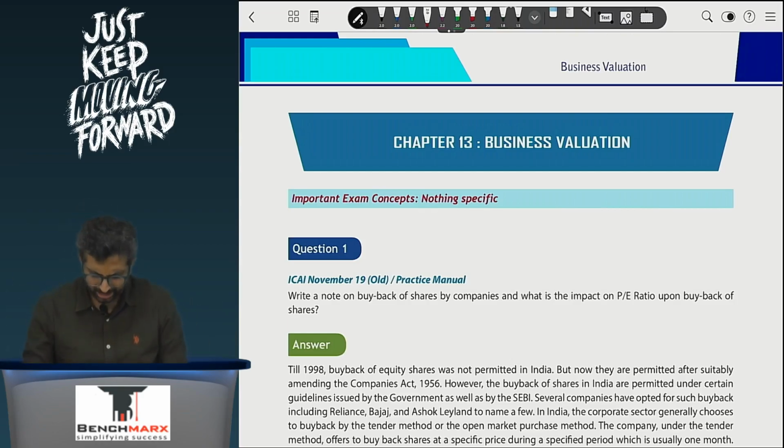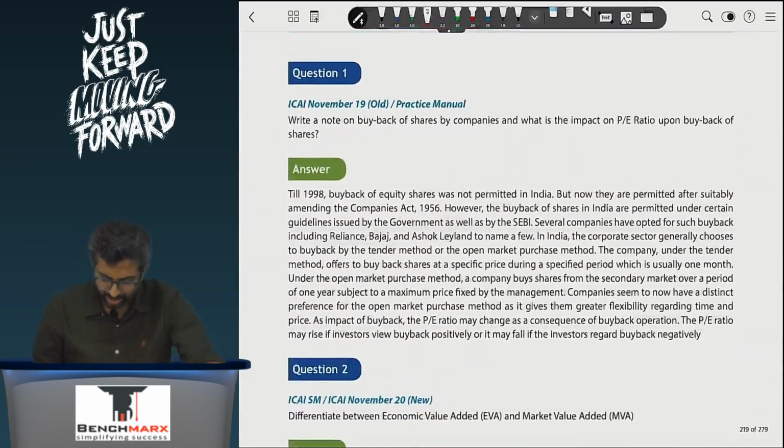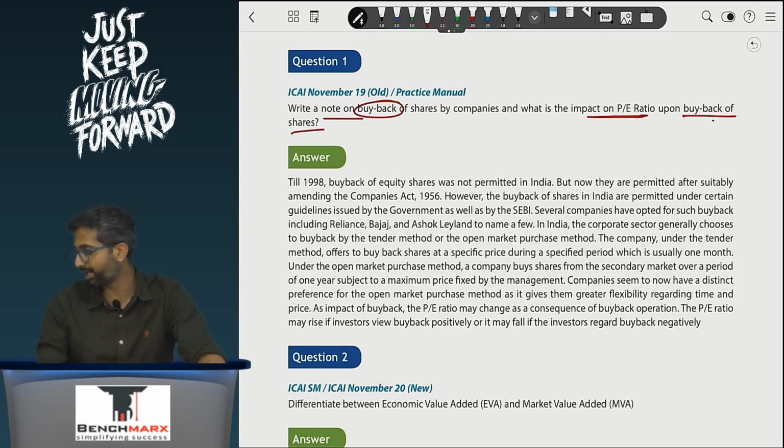चलो, let's first quickly review business valuation. Few questions over here, and then we'll go behind. Write a note on buyback of shares and what is the impact on P/E ratio upon buyback. अच्छा, usually why is buyback done? Buyback is usually done to ensure